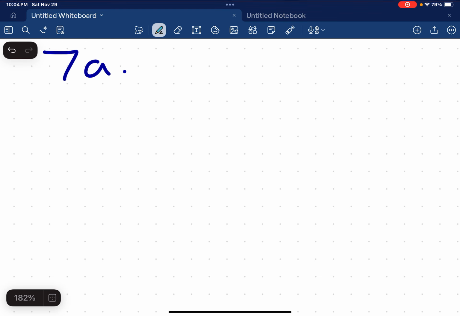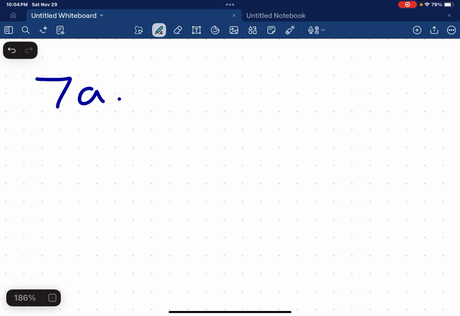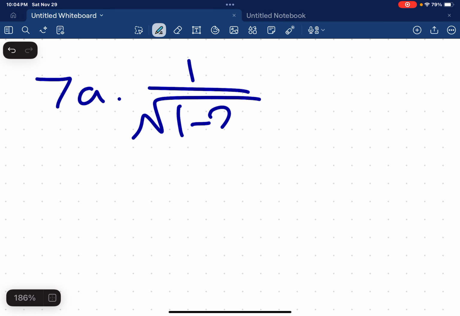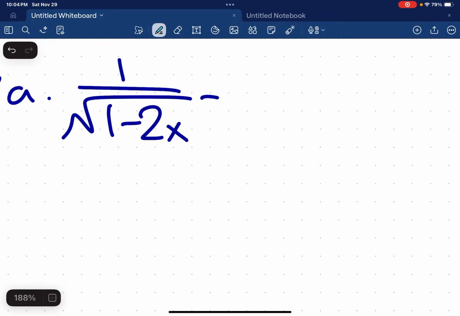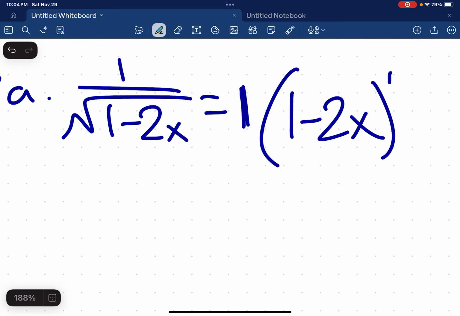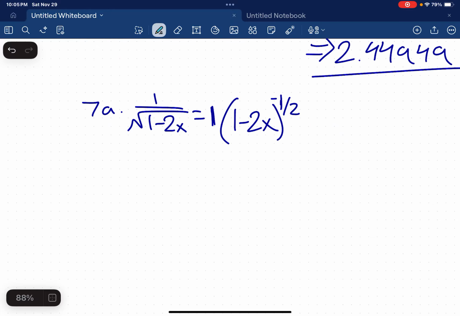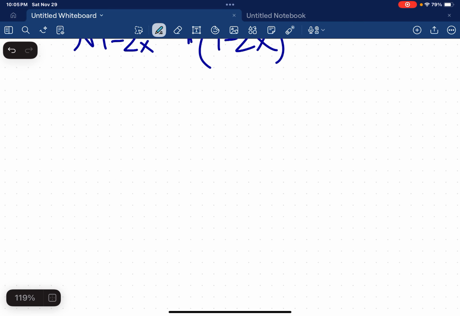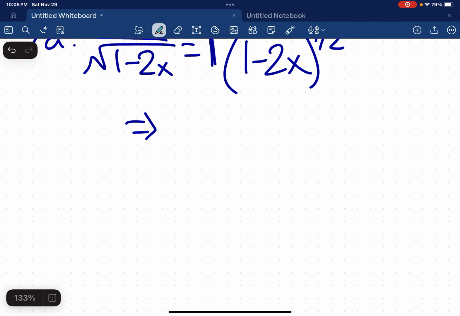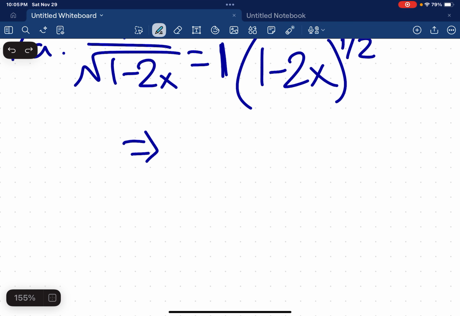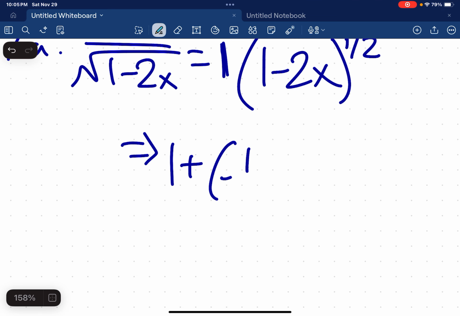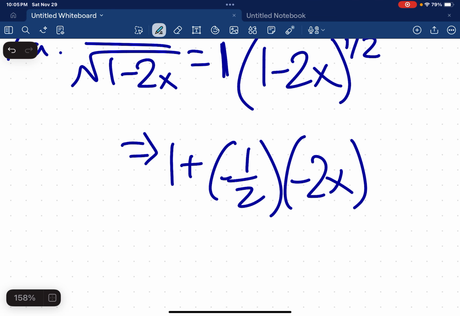Yep. It's asking us to find the first 3 terms of the binomial expansion of 1 divided by the square root of 1 minus 2x. Okay, just doing what we did earlier. We know it's going to be equal to 1 times (1 minus 2x) to the power of negative 1 divided by 2. And according to our rules, we're just going to have 1 on the outside, so we don't even have to worry about that. We'll have 1 plus negative 1/2 times negative 2x